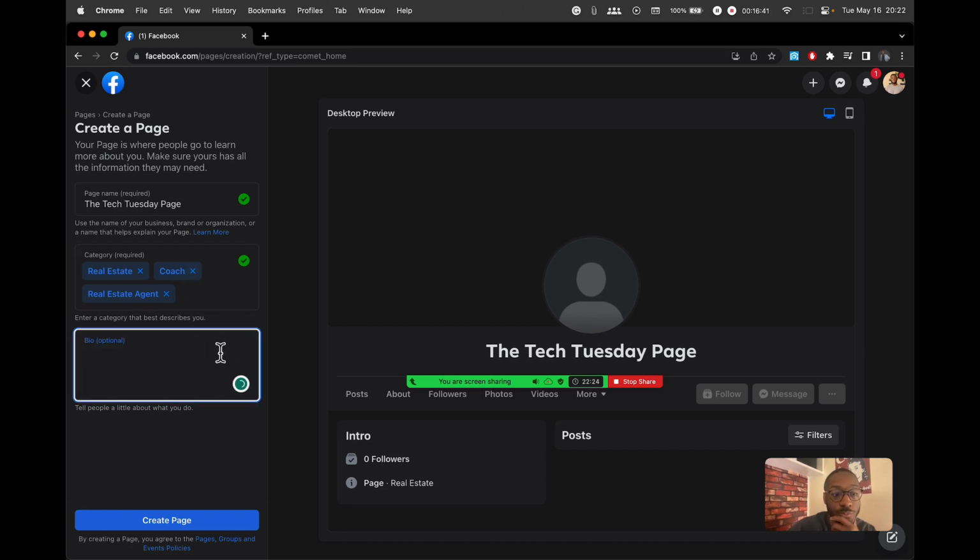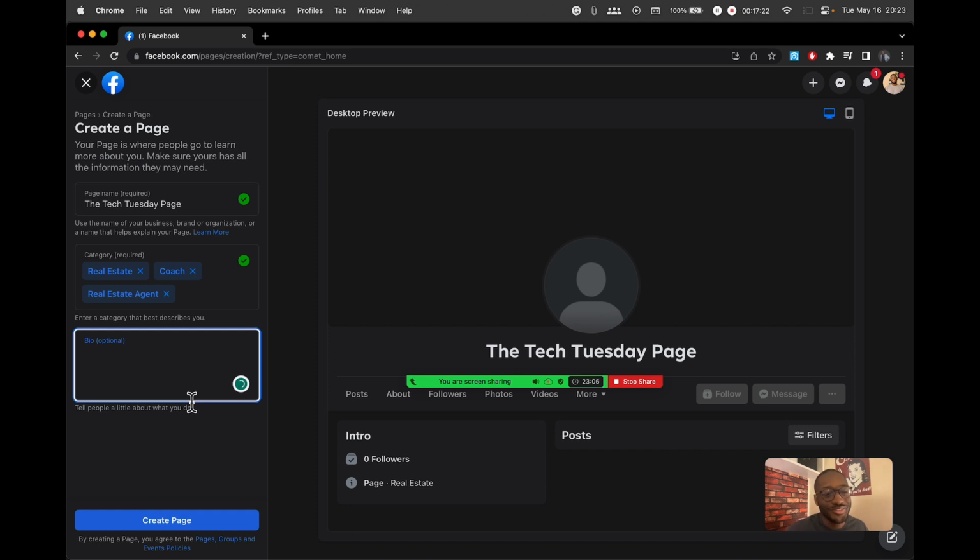And then in the bio, this is where you are telling people what your page is about, what services you offer, and pretty much all about you and your business. So this is where you would go in and type that description, because you shouldn't have a generic mission statement, I like to call it. Make sure yours is a little different than everyone else. Who are you trying to help? Why are you in real estate? What is your goal? Is your goal to make home ownership available to more people, or is your goal to just make as much money as possible? Hey, I just want to help people buy and sell.